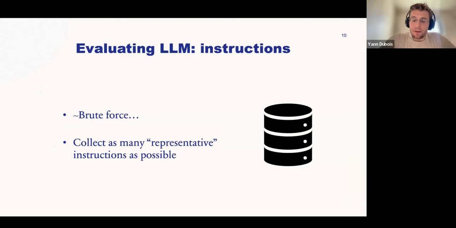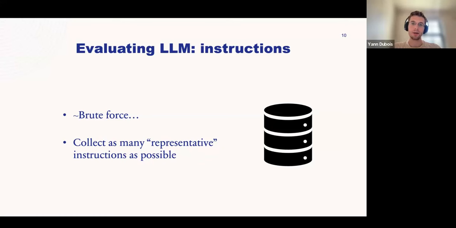So as I said before, there are 2 things that you have to think about when building an evaluation pipeline or benchmark. First one is what instructions do you use, and the other one is the metrics that you use. In terms of instructions, really, I'm not going to give you any smart idea here. I might a little bit at the end, but really what people end up doing is kind of brute forcing